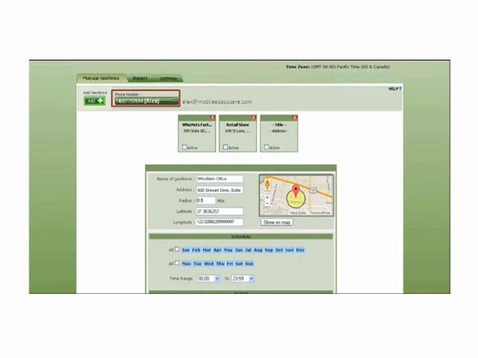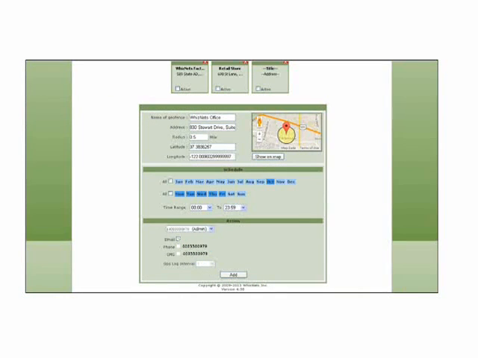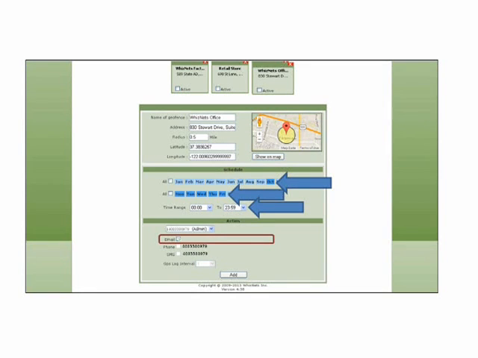Let's now schedule JioFence. Scroll down the page. JioFence can be scheduled according to your requirement by selecting the month, date and time range. Click on the particular month or date tab to select them. Click on the email checkbox and then click Add. JioFence is now created and scheduled for this user. You can activate or deactivate a particular JioFence by clicking on Active button. Similarly, you can create JioFence for other users.